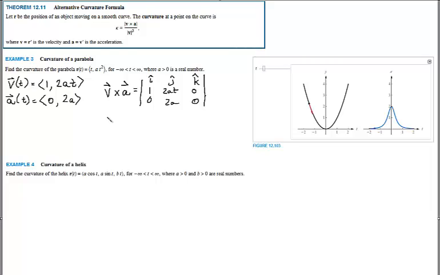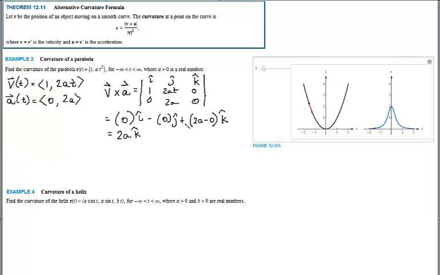Alright, remembering how I take my cross product, I'm going to find the determinant of those things that are not in the row and column with my i component, and work my j and then my k component. I'll do that. Plugging now into my curvature formula, I need to find the magnitude of this velocity crossed with the acceleration vector. The magnitude of that would just be the square root of 2a squared, so that would end up being 2a. And then I need the magnitude of your velocity vector quantity cubed,